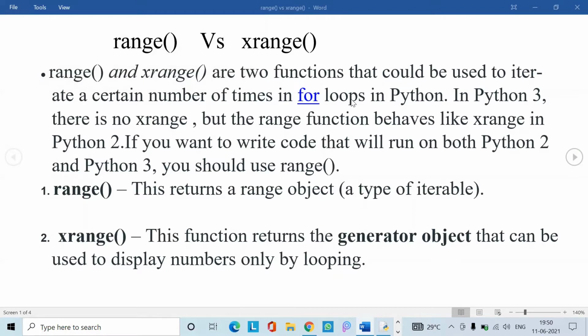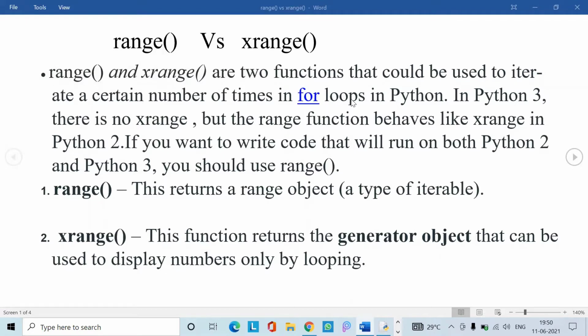In this video, we are going to discuss the differences, advantages, and disadvantages of the range function versus the xrange function. As you may have heard, the xrange function has been deprecated in Python 2, and it is not available to us in Python 3. At present we are using the range function in Python 3, in order to initialize our range and use it to iterate over the values that we have assigned to the function.